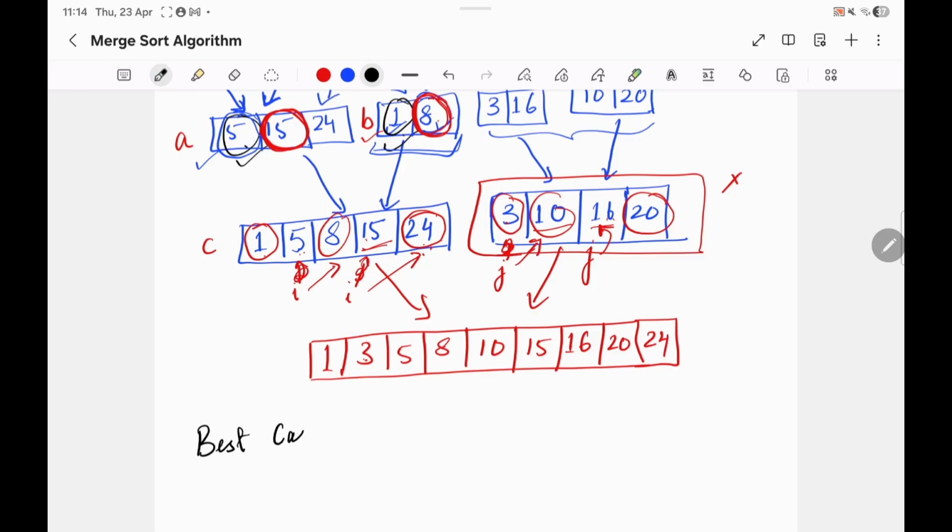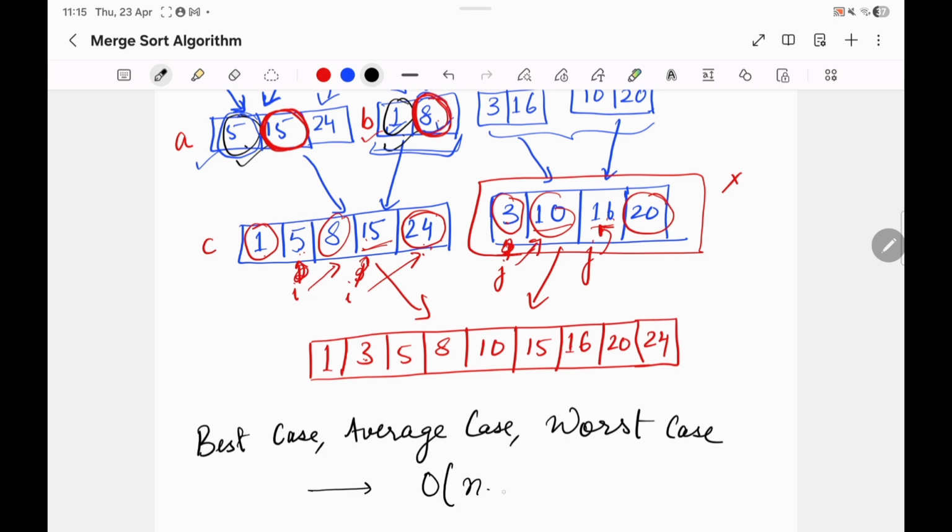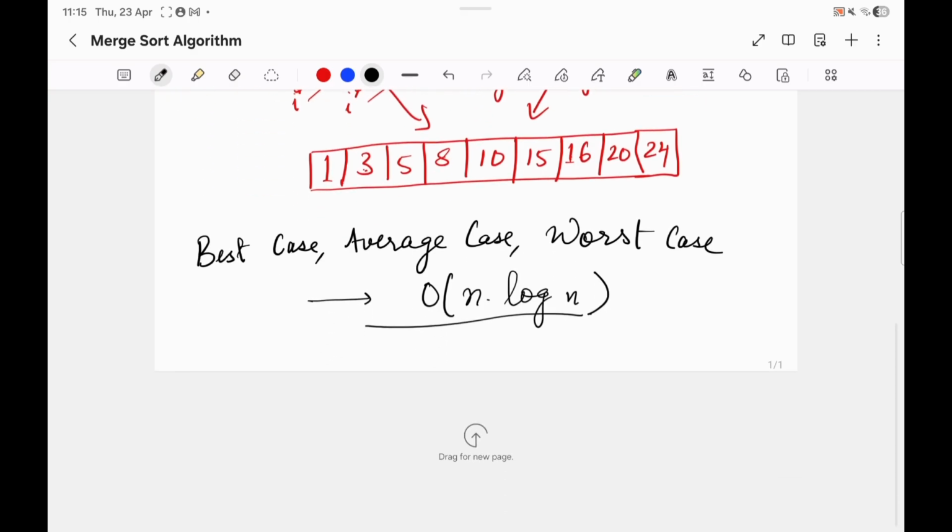So for all the cases, be it best case or the average case or the worst case, the time complexity will be big O of n log n. Okay, the time complexity is going to be big O of n log n, because be it the best case,